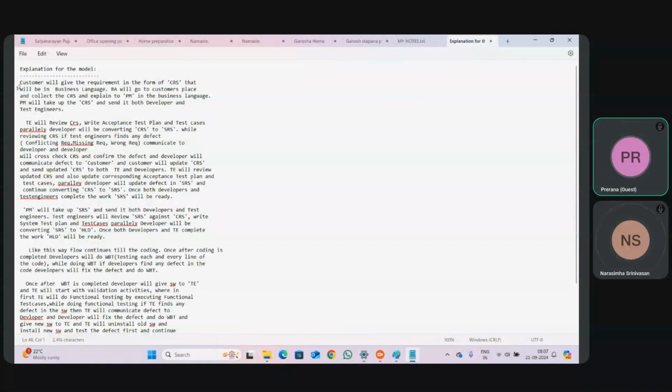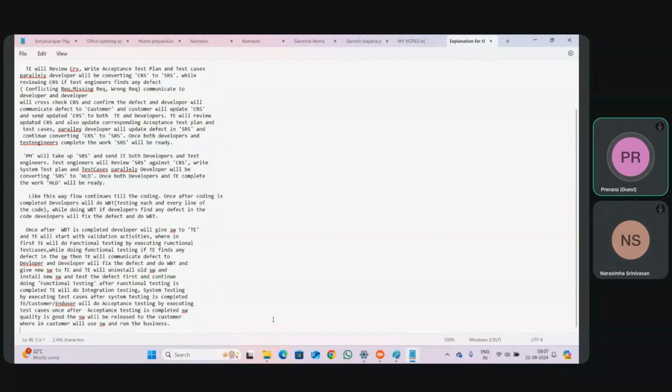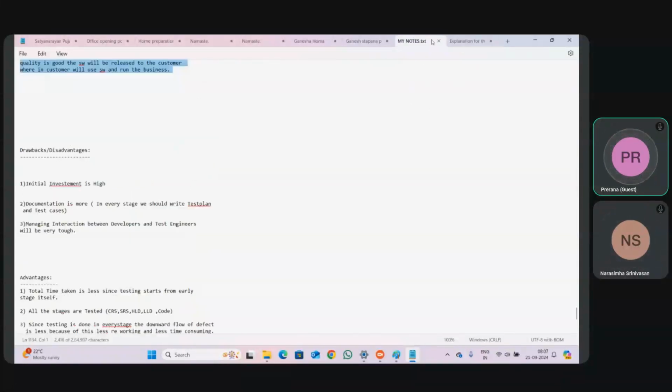Just take this screenshot. It is visible, no? I can read it. Now take one more screenshot. Done?